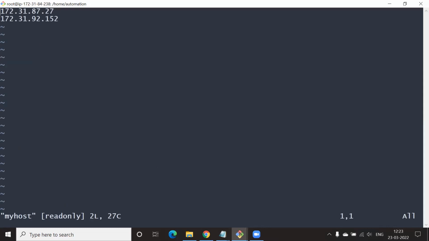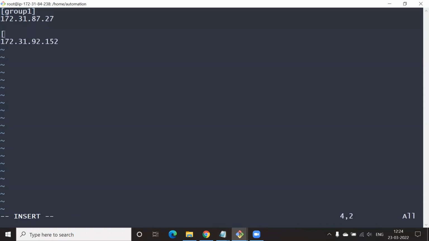Now what you do is, on the very first line, within square brackets, put group1, and enter a new line. We'll leave 27 in group1. Between the second and third line, create another group, group2.